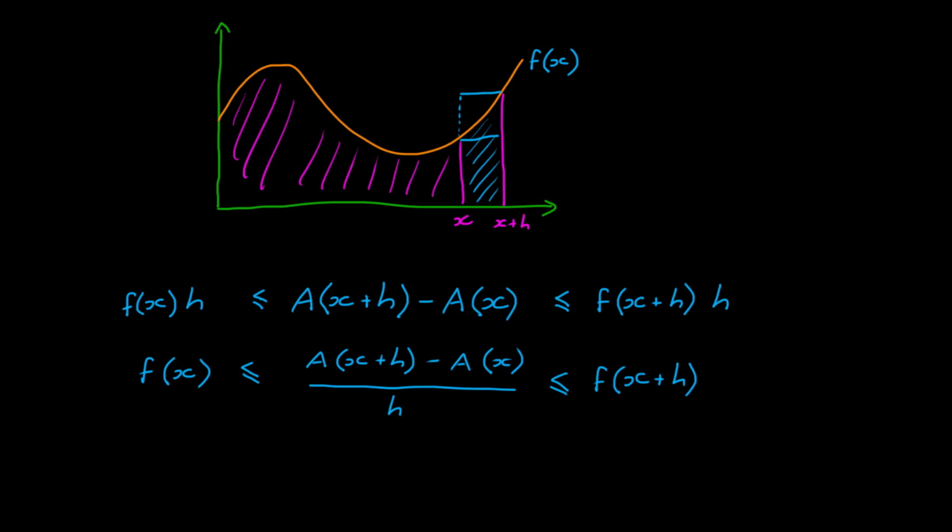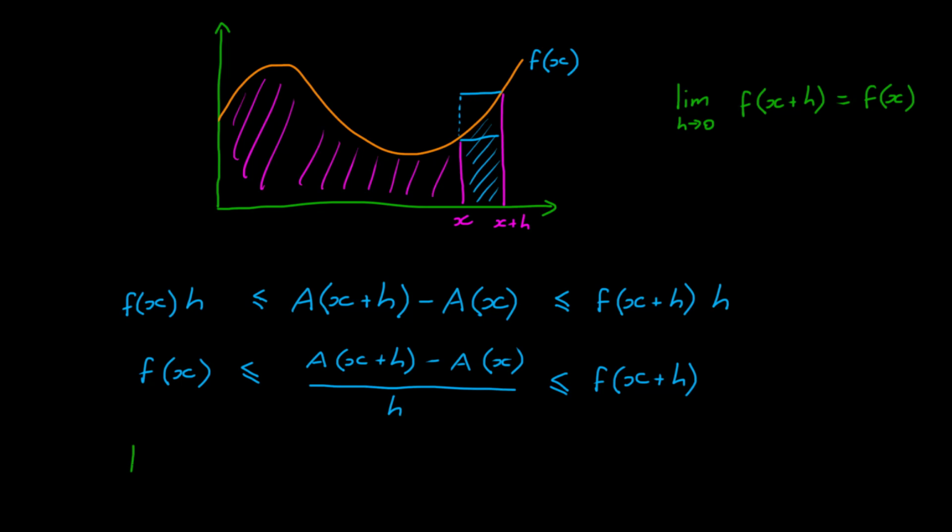The problem is that the limit as h approaches 0 of f of x plus h equals f of x. Meaning, as we take these two points closer and closer together, the two boundary values become equal. f of x is equal to f of x plus h in the limit that h becomes infinitesimally small. So if the two boundary values are becoming equal in that limit, then we can state